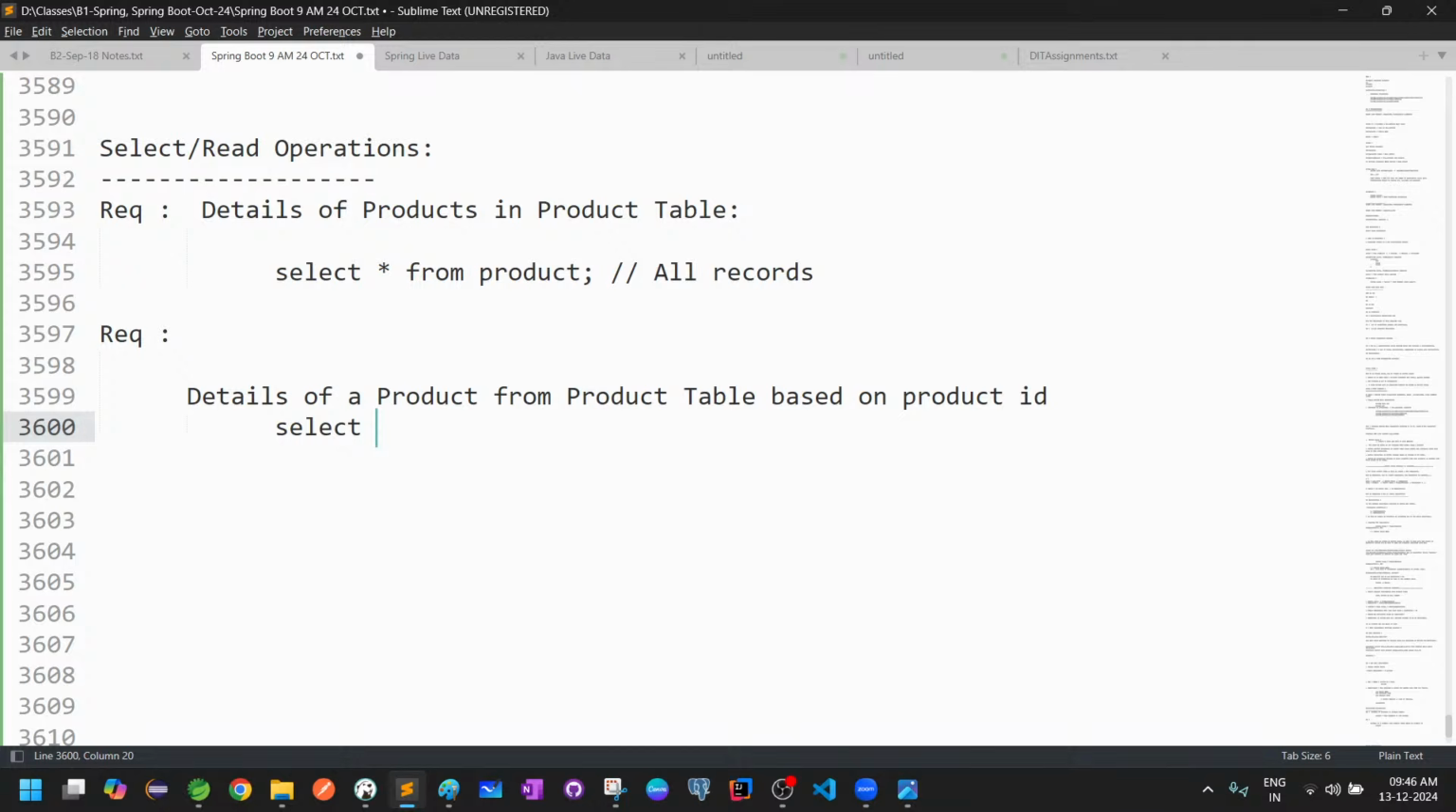Select star from product, but you will use a where condition. Why are you using the where condition? The reason is, based on the product ID, I don't want all the records. I want the product information. So you will write PID equal to something like this. If you are passing a value here, automatically you will get that product information. Now assume in this case product ID is an identifier column, nothing but a primary